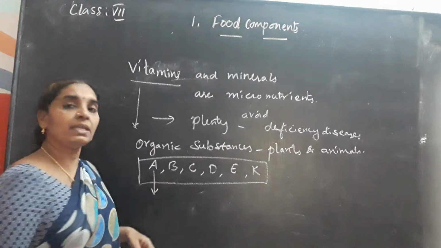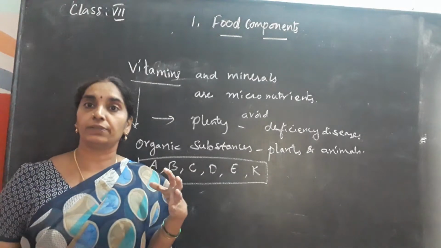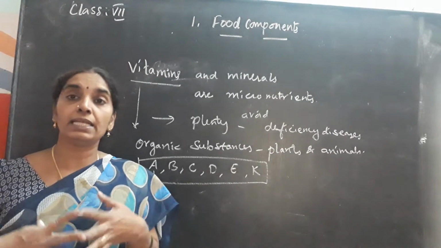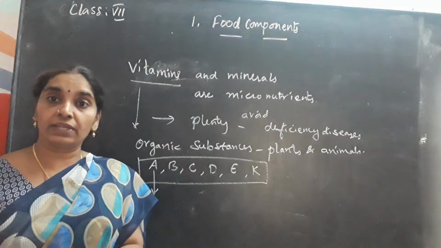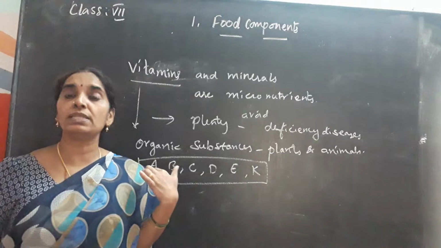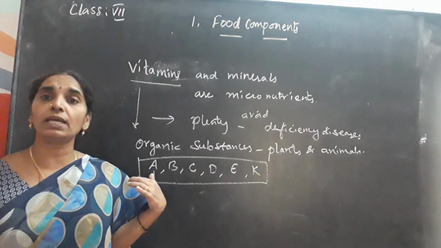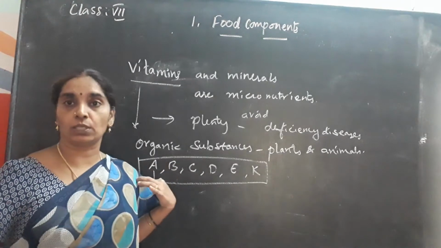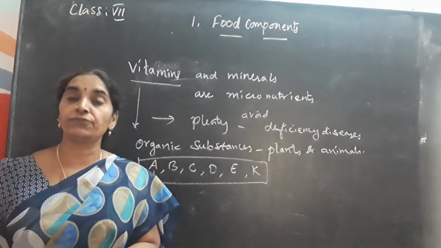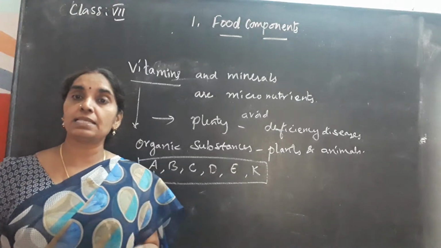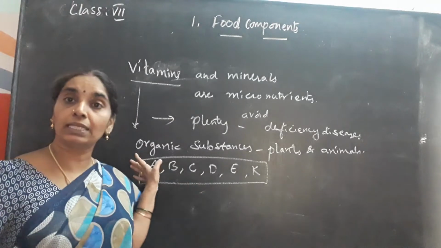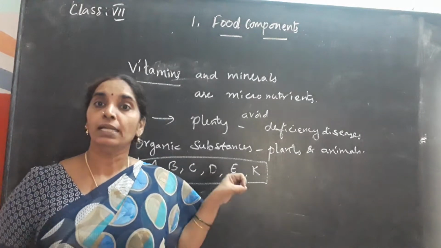Vitamin A is generally present in foods that are yellow and red colored. Carrot, beetroot, and all the green leafy vegetables contain vitamin A. Okay children, you have to include these in your diet so that you do not lack this vitamin. If your food is deficient in this vitamin, you may suffer from night blindness. Night blindness is called red chikati in Telugu, and so we should regularly include all these vitamins in our daily diet.